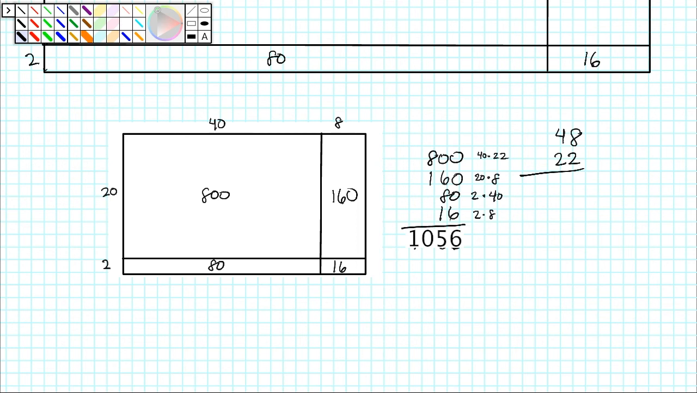So I have 2 times 8 is 16. 2 times 40, that's not a 4, that's a 40, is 80. 20 times 8 is 160, and 20 times 40 is 800. I add those all up and I get